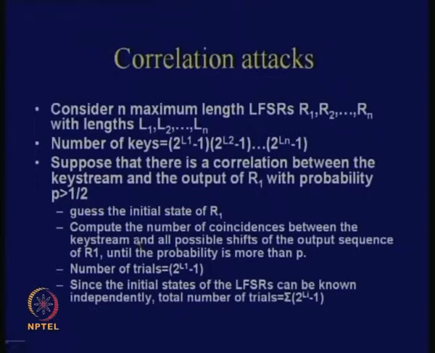Okay. So, what you do is that you guess the initial state of R1, compute the number of coincidences between the key stream and all possible shifts of the output sequence of R1 until you find that your probability is more than P. Okay. So, therefore, the number of trials required would be at most 2 to the power of L1 minus 1, right, and since